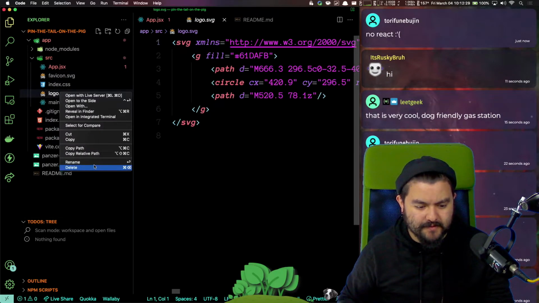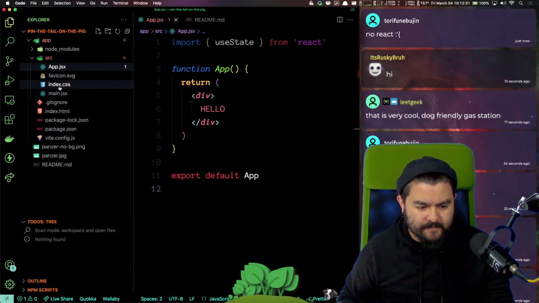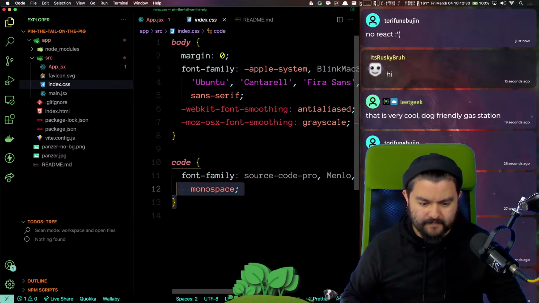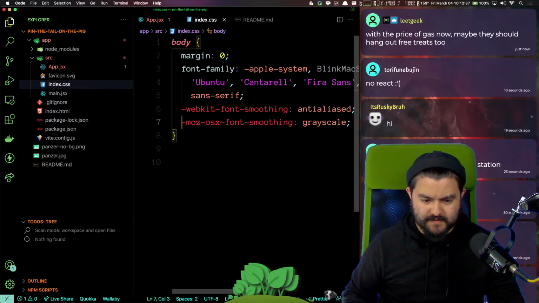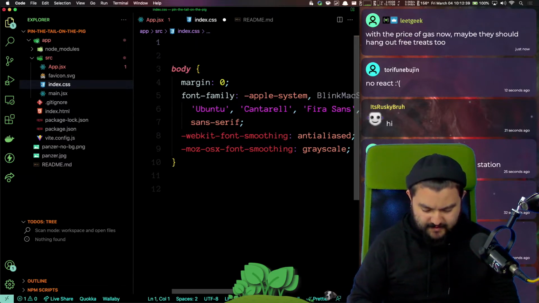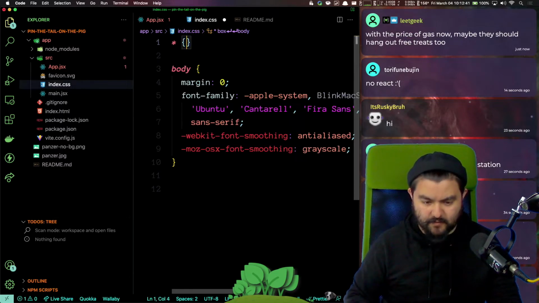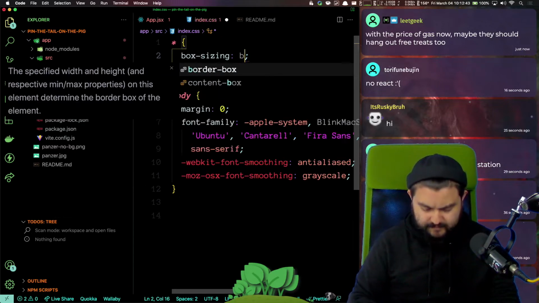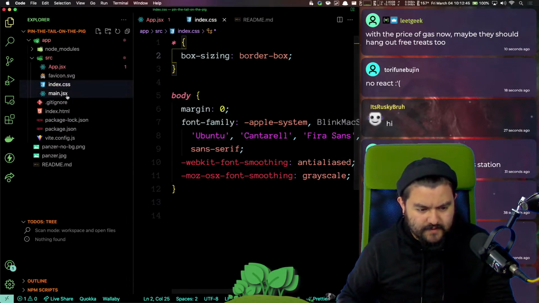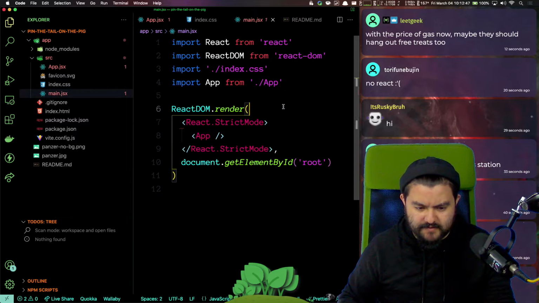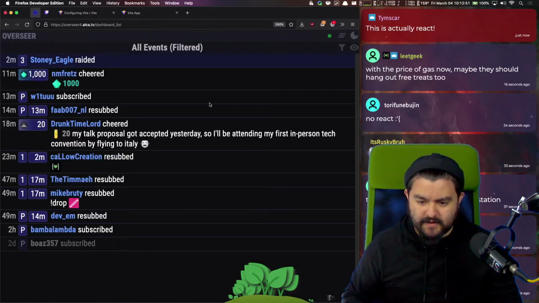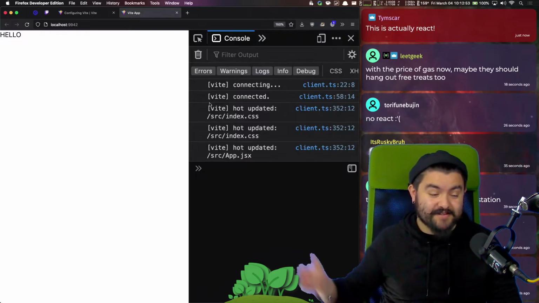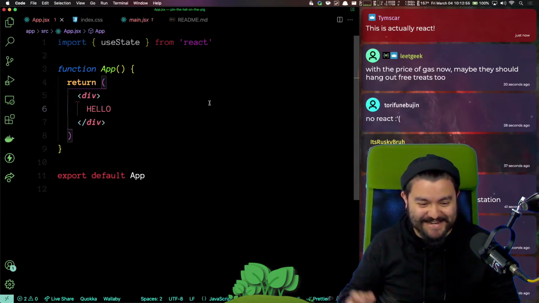We'll remove the logo. Seems good. I'm going to make everything box sizing border box. And then this is bringing in that, which is bringing in that. Seems fine. All right, this is actually React. Yes, it is. The page says hello. That's a good sign.